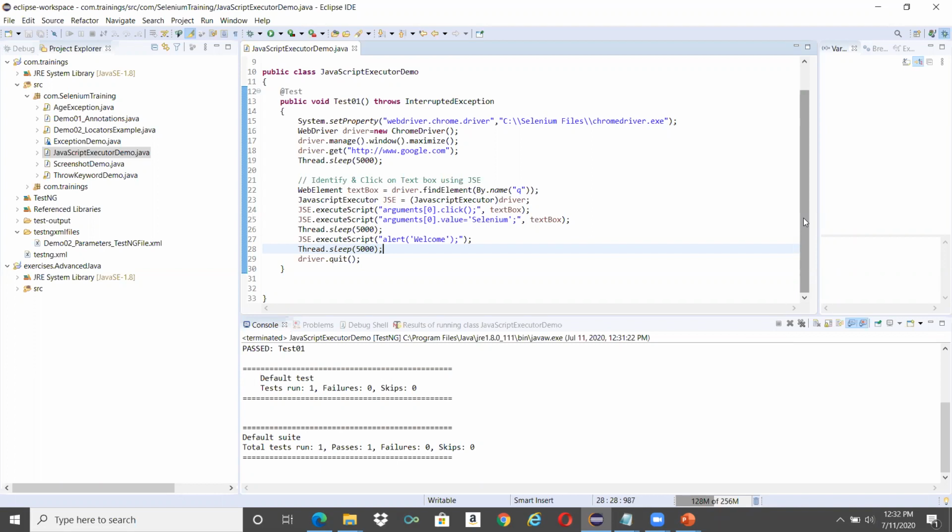In order to locate an element, we have n number of strategies. Second, to perform the operations, we have n number of web element methods, which are again associated with driver. Whenever driver methods are not enough to perform some operation on an application, then we go with Action class. If Action class methods are also not enough, then we go with JavaScript executor. So this is all about the basics of JavaScript executor.